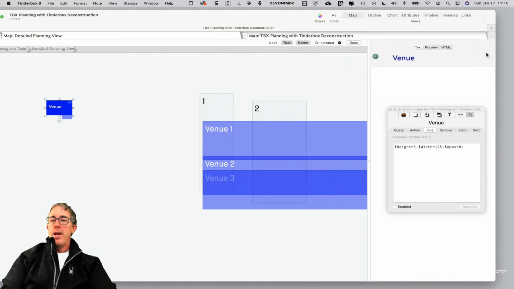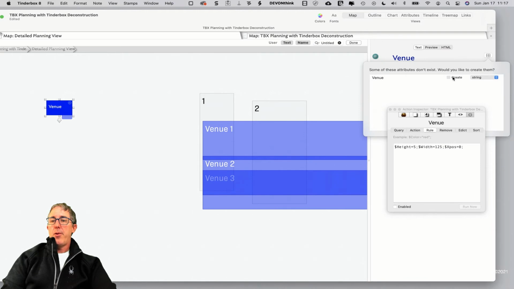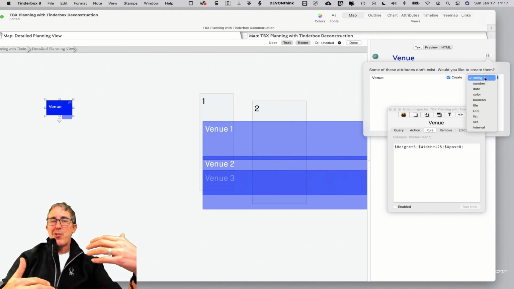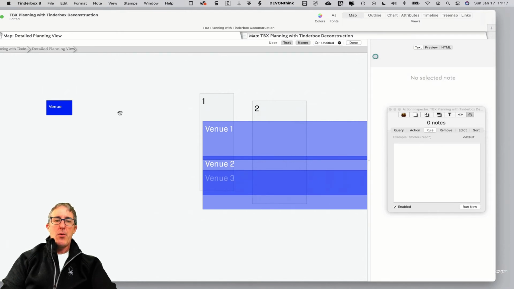is we'll first create an attribute, and we'll call that attribute venue. Okay, and we've now created it, and we want the venue to be a number. When you start doing math against strings, it gets really wonky, and it took me a little while to debug that while I was preparing for this demonstration. Suffice it to say, when you're doing math, you want numbers calculating against numbers. So we're going to make venue a number,